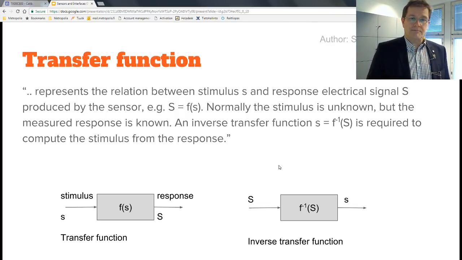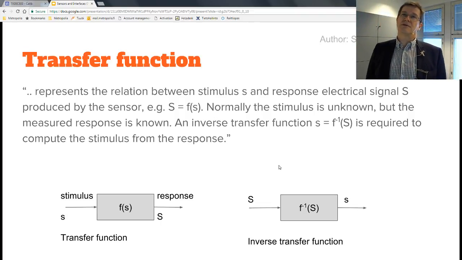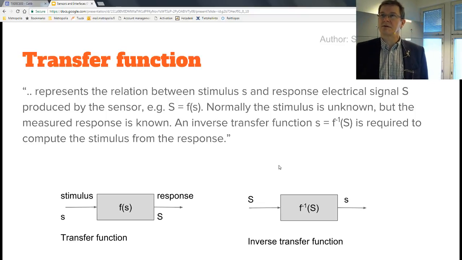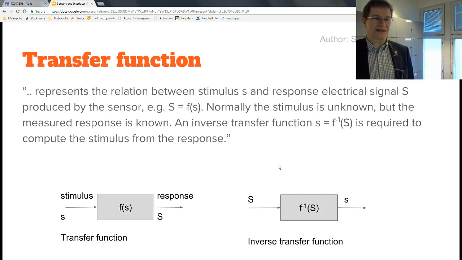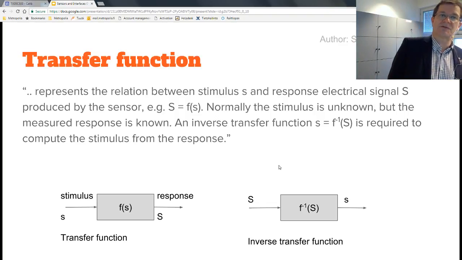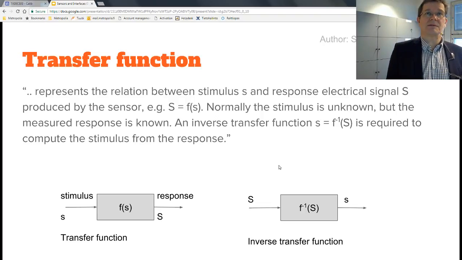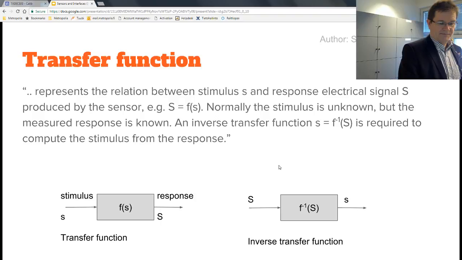Okay, but that we already had earlier. The transfer function represents the relation between stimulus and the response, the electrical signal produced by the sensor. Normally the stimulus is unknown, but the measured response is known. But when you have the inverse transfer function, then you have a calibrated system, if you think you know it. Okay,